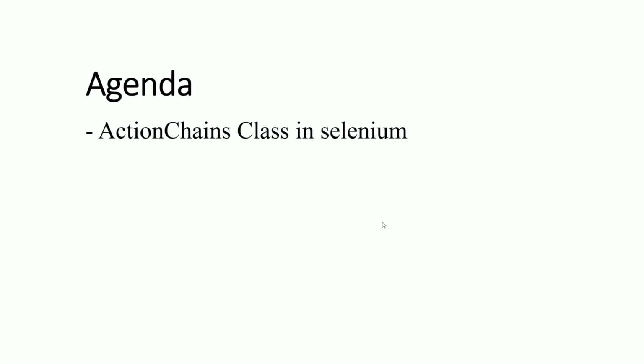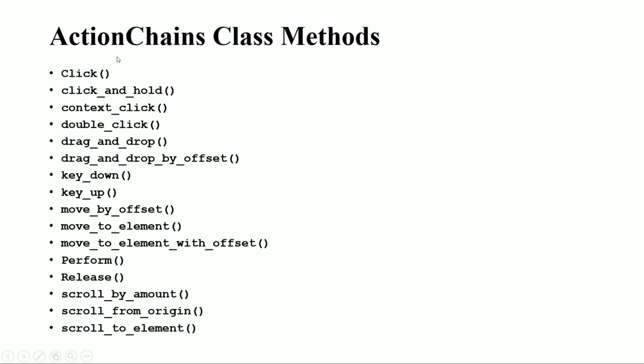So Selenium can chain multiple browser actions together, and this chaining of multiple actions is known as ActionChains. So we can combine multiple actions together by using this ActionChains class. These are the different methods available in the ActionChains class. These actions we can perform manually through keyboard and mouse, like click, click and hold, context click, double click, drag and drop, key up, key down, then move to element, scroll by amount, scroll by origin. So these are the methods that are included in this ActionChains class. We'll see them practically.